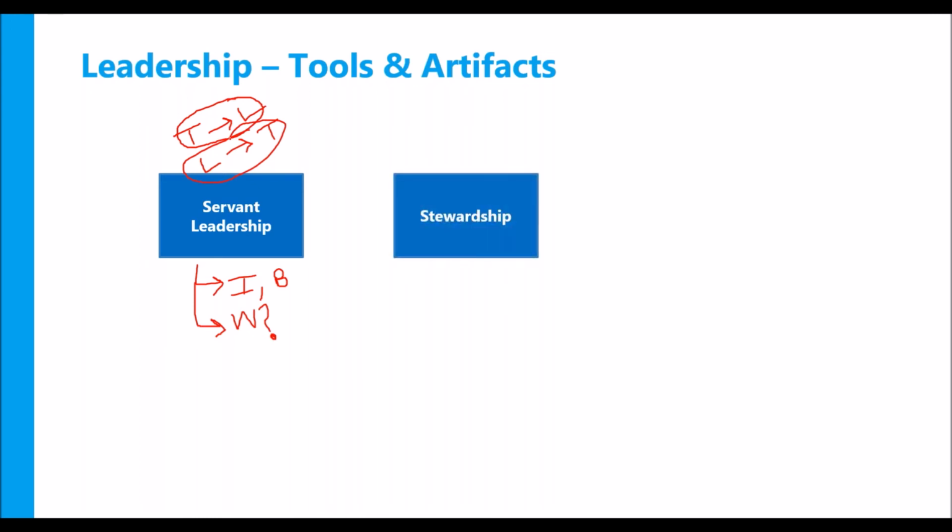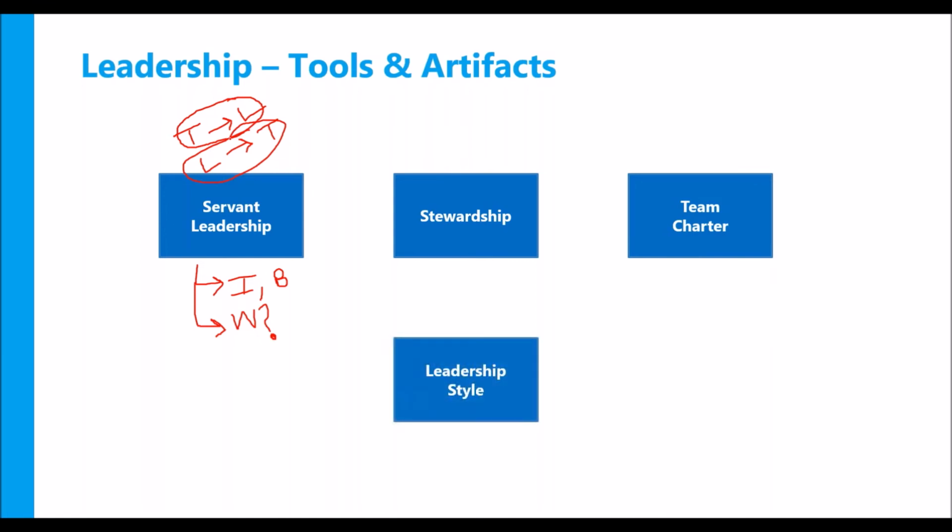Stewardship we have already discussed. You need to make sure that the team is comfortable, and the team charter, the document that I mentioned earlier, can be of help to you as an artifact here. And there are various leadership styles, right? Right from micromanager all the way to a manager who gives free hand to the team, right? So sometimes there is a discussion whether one should be a leader or one should be a manager, right? And typically many people say that leadership scores over manager, right? But in reality, you as a project manager need to balance between being a leader and a manager depending on the situation.